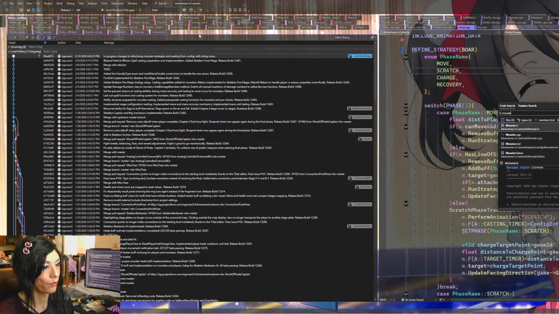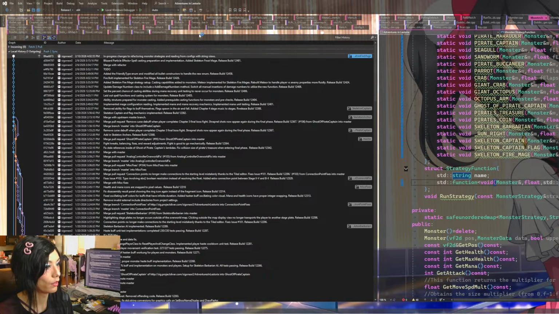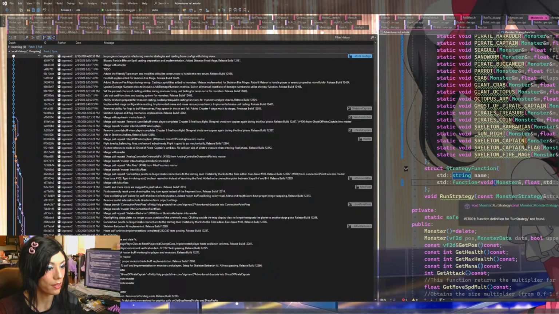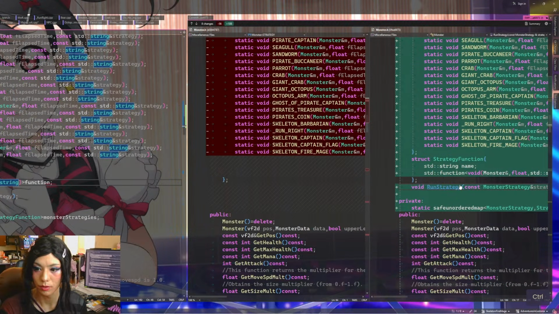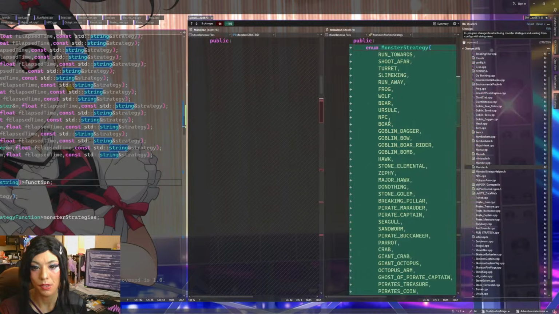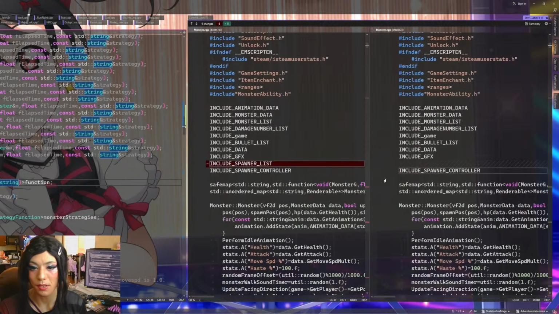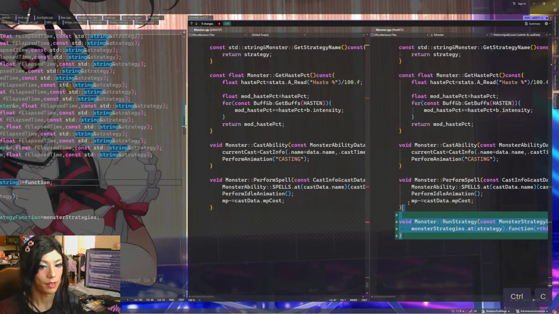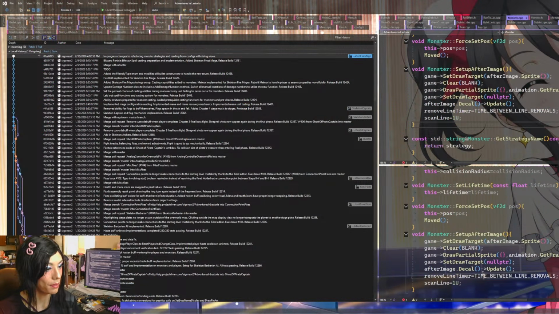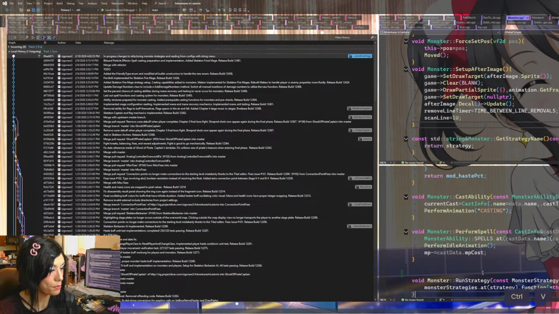monster.h. And okay, it is there, just unimplemented. So monster.cpp. I must have not copy pasted it, not realizing it was at the bottom, so it wouldn't have been copied in the first place.